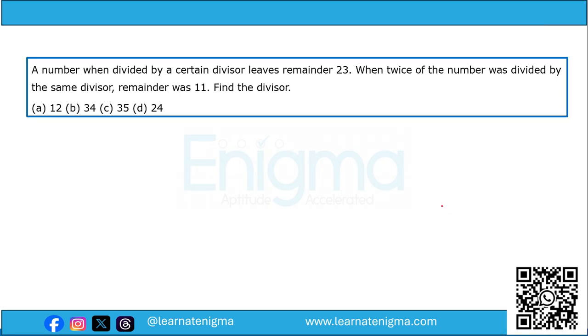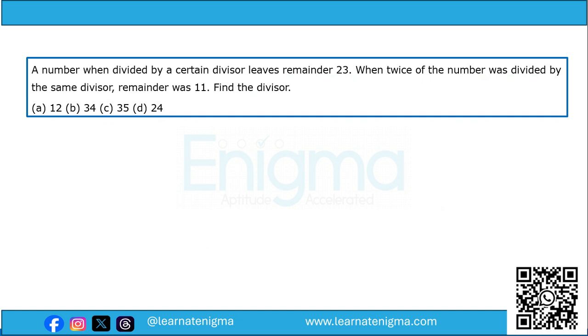A number when divided by a certain divisor leaves a remainder of 23. When twice of the number was divided by the same divisor, remainder was 11. Find the divisor. Now, in such questions, remember this thing that whatever operation we do on the original number,